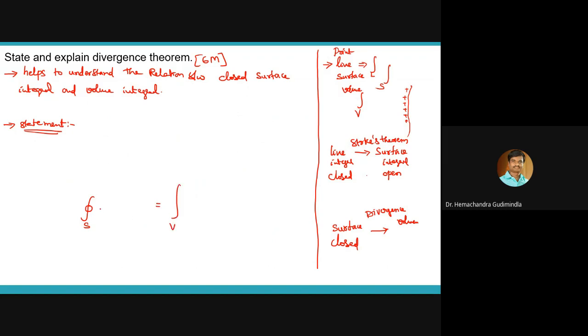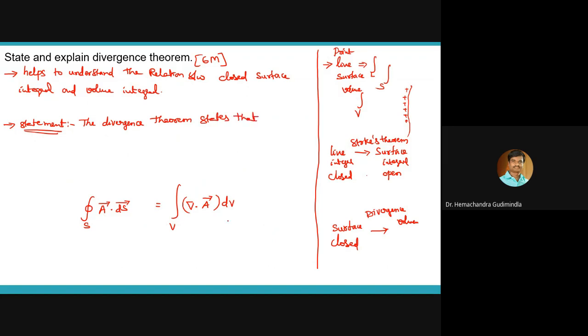So here let us take a vector A bar. A bar dot dS bar is equal to the integral over volume of del dot A bar into dV. Right. Now, if I know the equation, you can write the statement. The divergence theorem states that